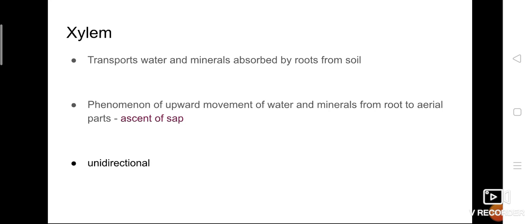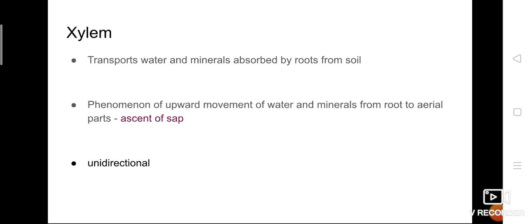Obviously all parts of the plant are present on top of the root, so that movement is upward movement. But imagine a ball, if you are throwing a ball upward, it is going to come down because of the gravitational force, isn't it? But here also water and minerals are going to be transported from the root to the top, by an upward movement. But what happens,